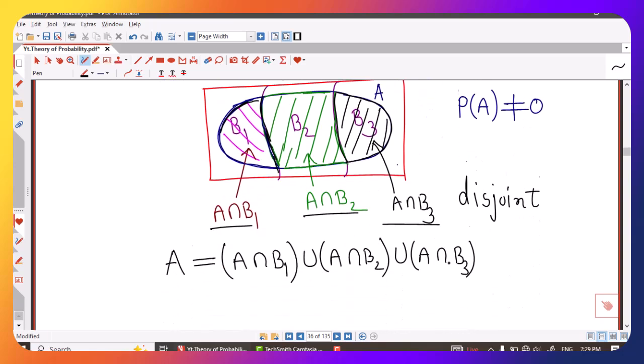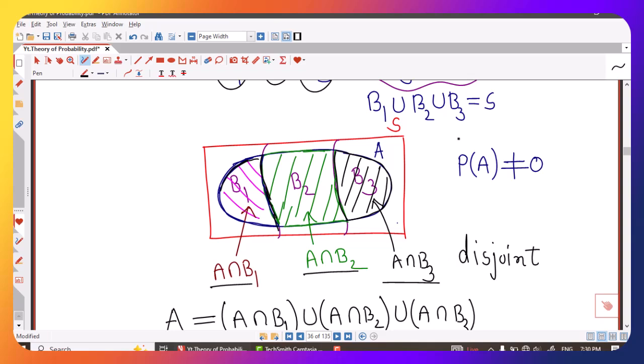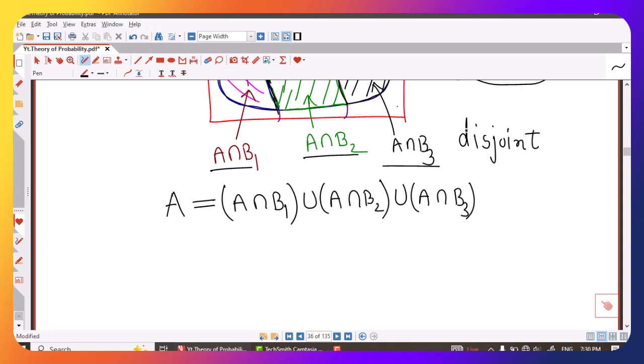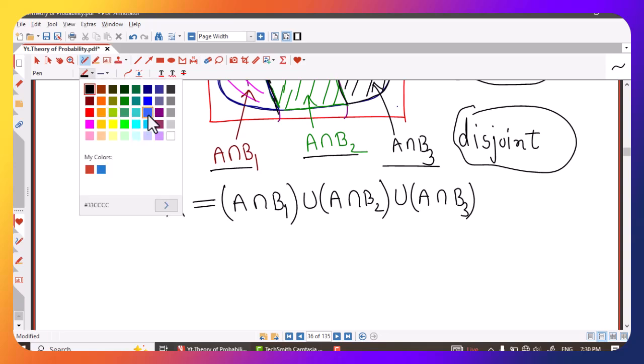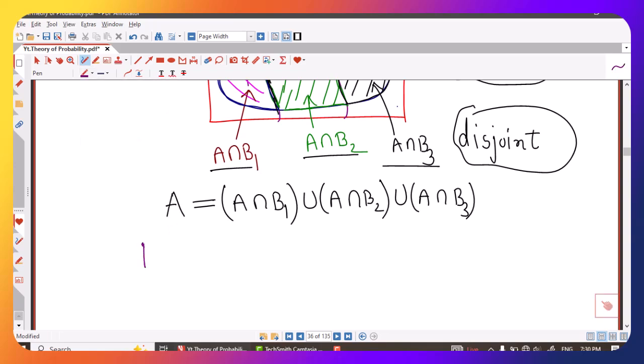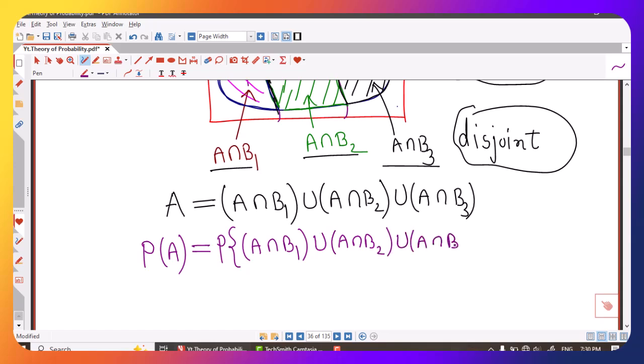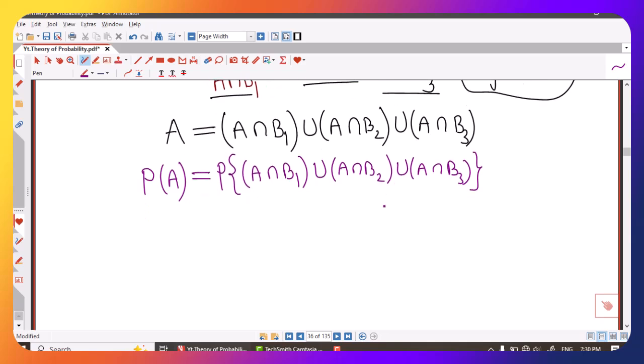So now I am able to write this event A, whose probability is non-zero, as the union of three mutually exclusive or disjoint events. Now suppose I am interested in the probability of event A, then probability of event A will be equal to probability of union of these three events, which are A intersection B1, A intersection B2 and A intersection B3. So now I have probability of union of three events,